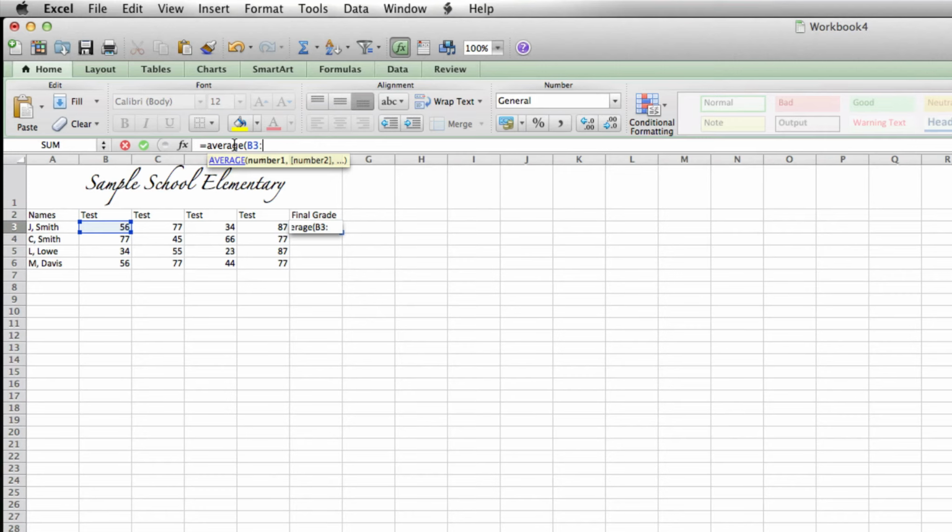And I'm also going to use the column E, and this will be E3 as well. And then I'm going to close my parentheses, and you can see that that is that chunk of numbers that I want to average. Now again, these grades are not weighted, they're all worth the same amount, and this is the basic